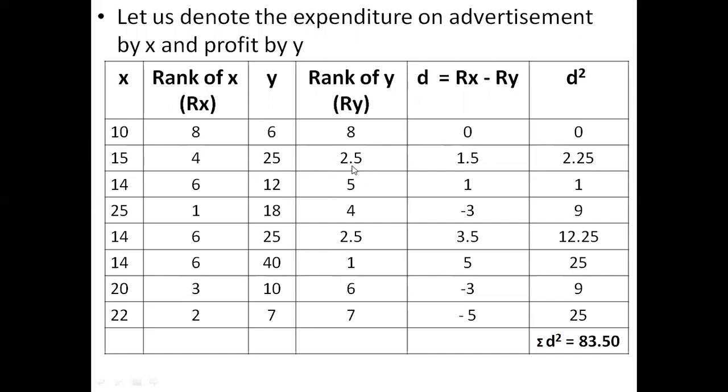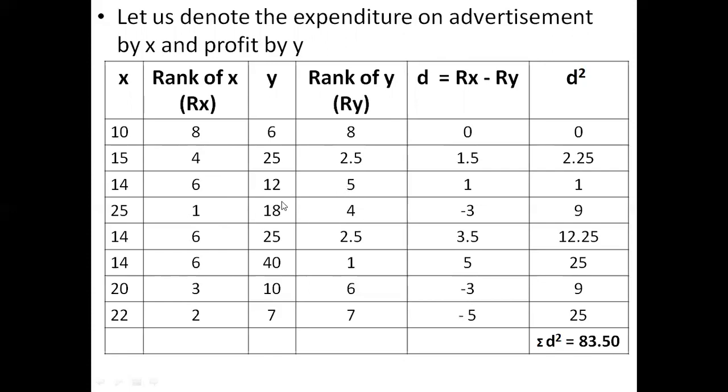हम दोनों 25 के आगे 2.5 रैंक मेंशन कर देंगे क्योंकि 2 और 3 रैंक ऑक्यूपाई हो गई हैं, तो जो अगले नंबर को रैंक जाएगी वो 4 होगी. इसी तरह से यहाँ पर जब हमने 5, 6 और 7 रैंक ले ली थी x वाले वेरिएबल में, तो जो नेक्स्ट रैंक जाएगी वो 8 होगी. तो जैसे हम देख सकते हैं कि आपको यहाँ x वेरिएबल में ना 5 नंबर दिखाई देगा, ना 7 नंबर दिखाई देगा, क्योंकि हमने इसको 14 के लिए कंसीडर किया है. हम नेक्स्ट रैंक देते हैं.